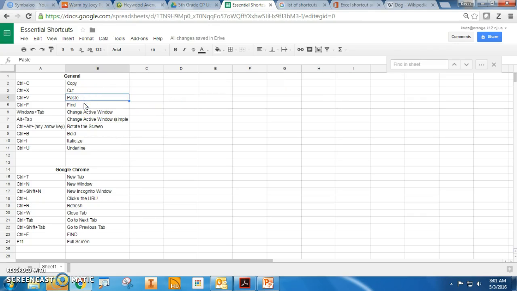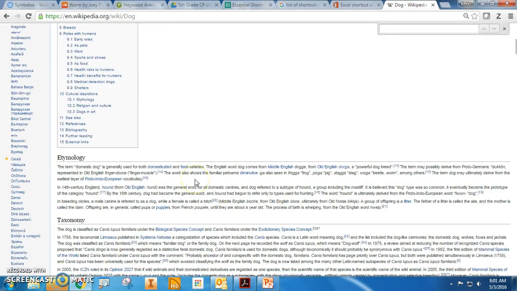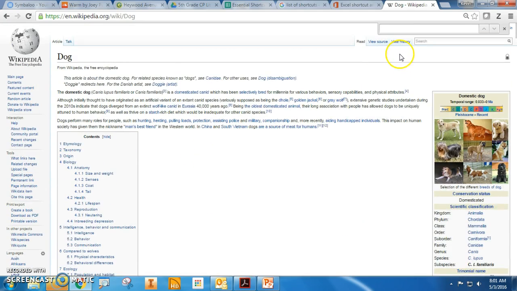Now, the next thing, find. I love this tool and you will love it too. Now, if you look up here, if I hold Control and press F, you're going to see Find in Sheet. Now, if I were to do this in Wikipedia, I just get this box. So Find will actually search pages for you. You don't have to read everything. You should read to get your information. But in order to find the information that's useful, you would do Control F, and then say, I want to